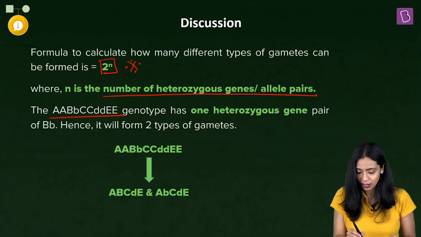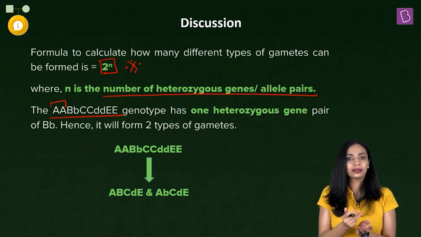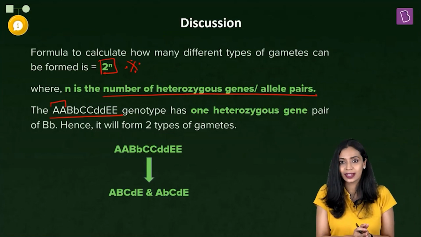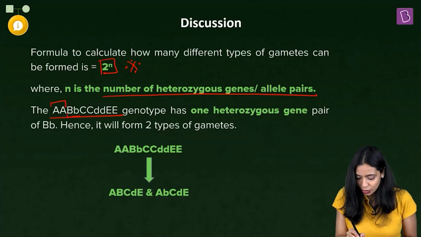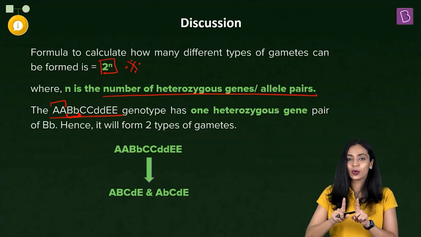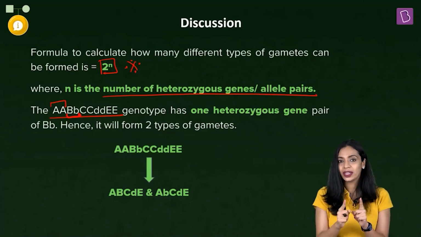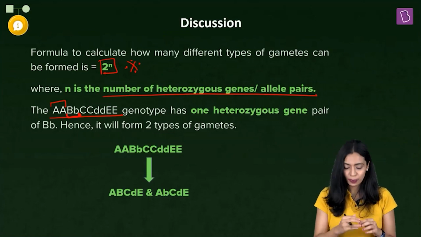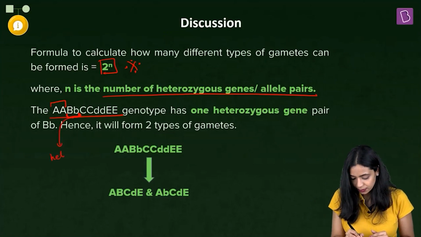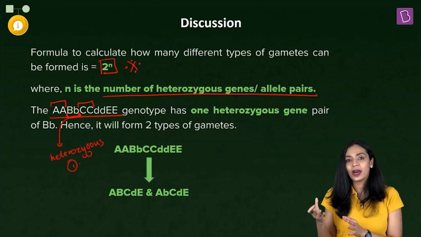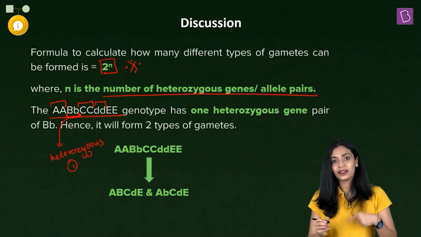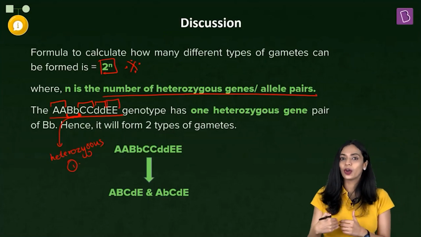When you look at A here, both of the alleles for the gene A are capital. That means both of them are of the same type, which is why we call it homozygous. And then when you look at B, you see how you have one capital B and one small b. These are dissimilar alleles, and when there are dissimilar alleles present for a character, then it is said to be heterozygous. So B here is heterozygous. So there's one heterozygous gene. Next, look at C. Both of them are capital, both of them are dominant alleles. So that is homozygous. D, both of them are recessive, it is homozygous. E, both of them are dominant, it is homozygous.